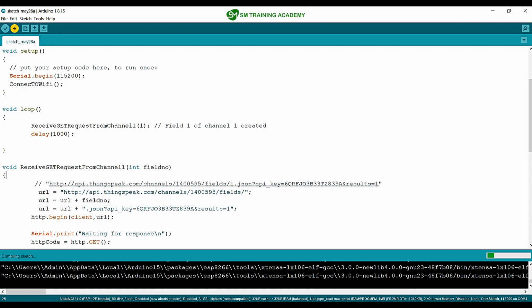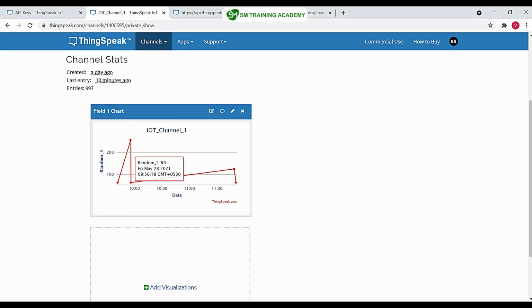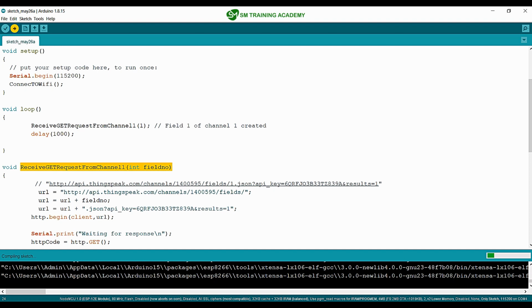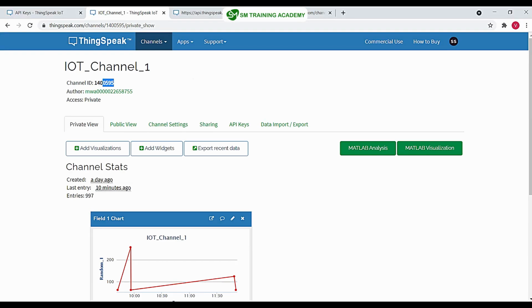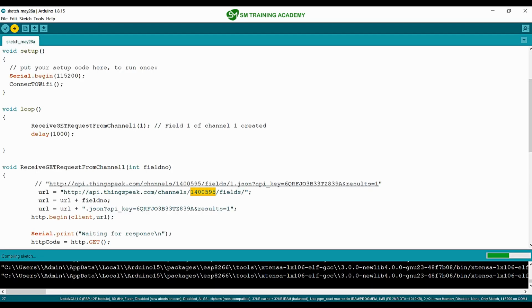So you just want to remember that this is the function for reading the latest updated data from the field that you pass right over here as a parameter for this channel that we created with the ID 1400595. So for this channel, this function is a constant function for reading the data from the field number that you are passing right over here.